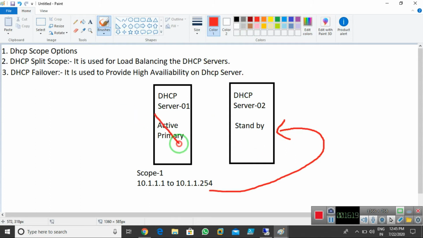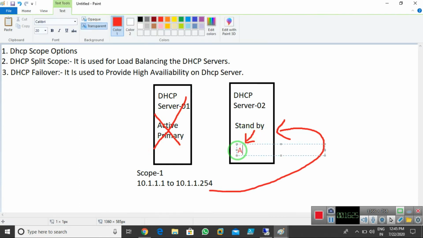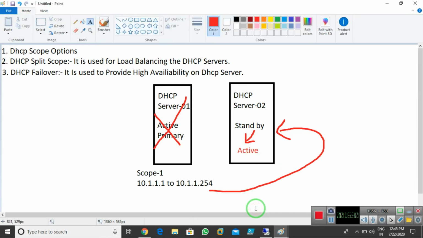Once my active server is down, the standby server automatically becomes active and provides the same IP address range to the clients. This is known as failover. Failover means if one server is down, the second server is up and provides the same resources.